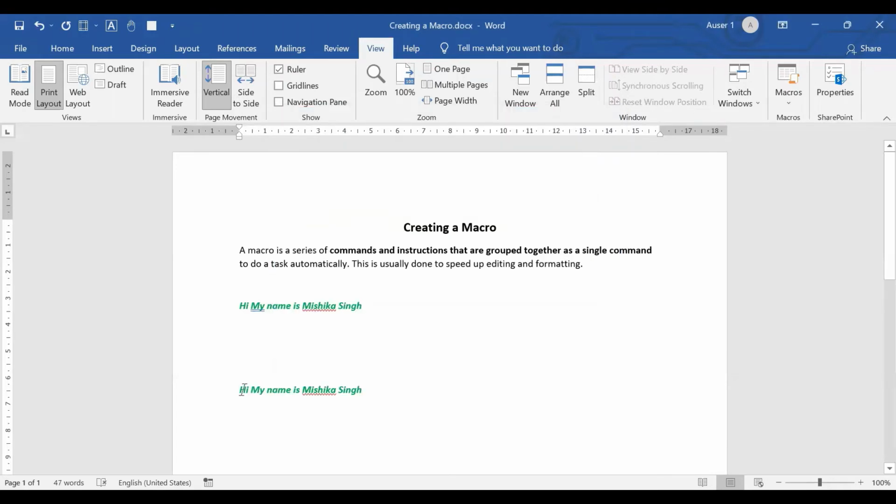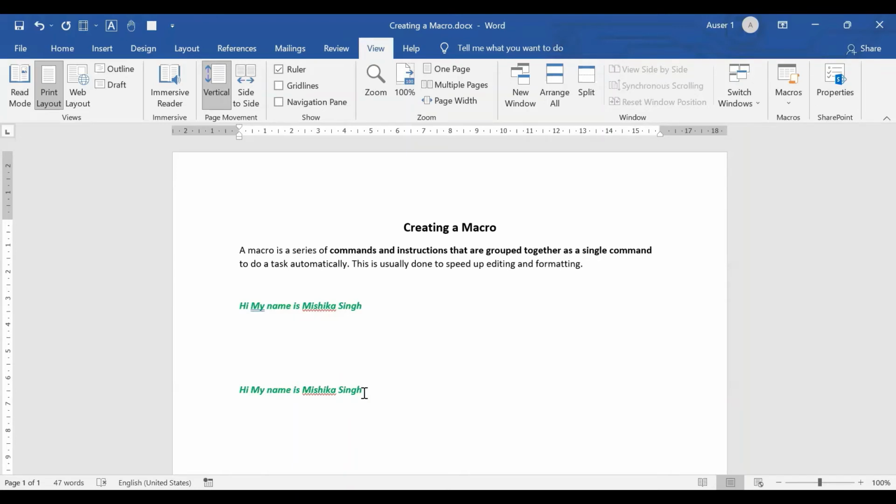So you can see so quickly the text which we entered into that macro is typed into your document. So macros are basically used when you want a certain series of commands to be repeated again and again in a document or in multiple documents.